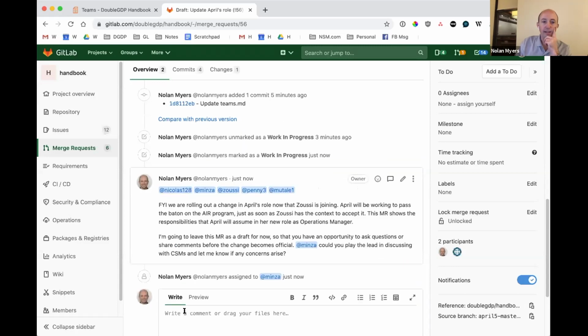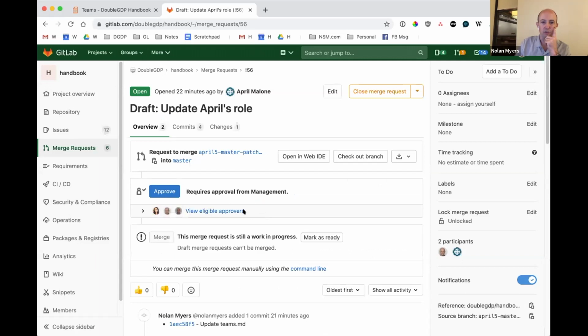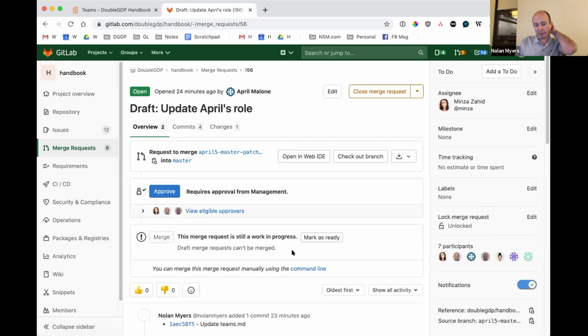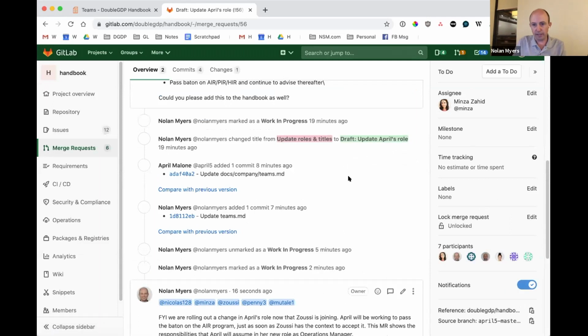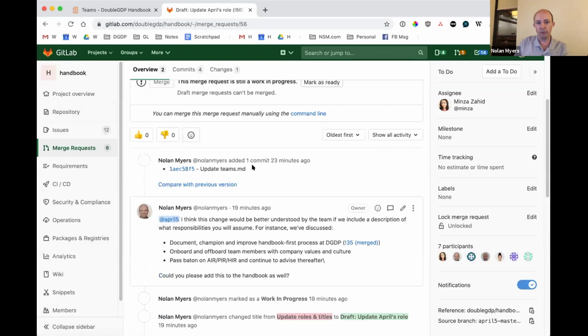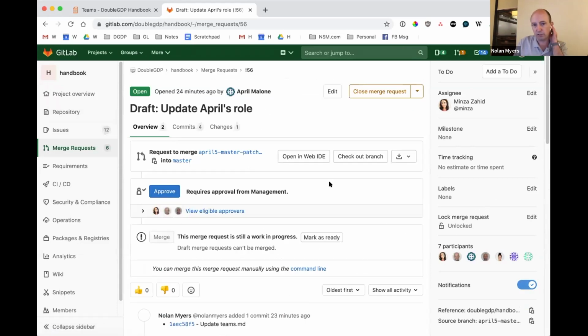Good. And so that illustrates how we can use an MR also to collaborate with people and talk through the change. But the nice thing is that as soon as it's ready, it goes live. And if it's in its final version, then it's immediate. There's no more work that needs to take place, right? If there are questions and comments, we can go make them directly into the handbook or into this branch, just the same way that I made changes on yours. And if there are no concerns, then all we have to do is press approve. And Minsa is now the one who's going to make that final approval.